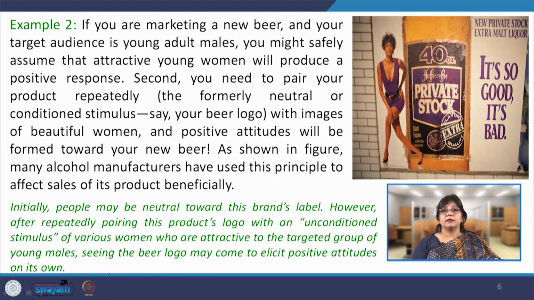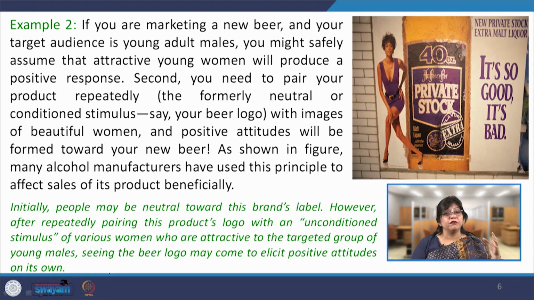This is another example, of marketing. It is not only about parenting practices or how the child has been brought up in the family. These kinds of conditioning learning are used in different areas of business, campaigning, advertisements, corporate campaigning. There can be any number of ways to use this kind of attitude formation. In this example, a beer company has launched a new product, and the question is how to market that product in a